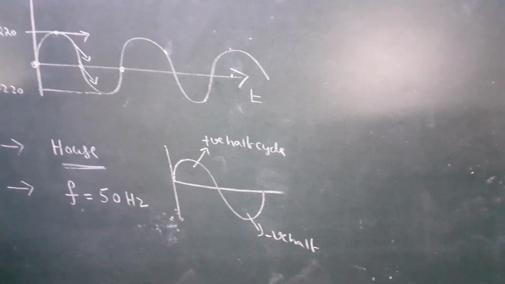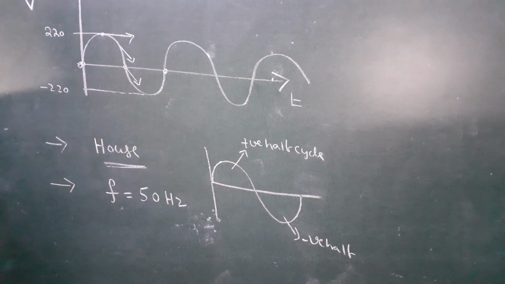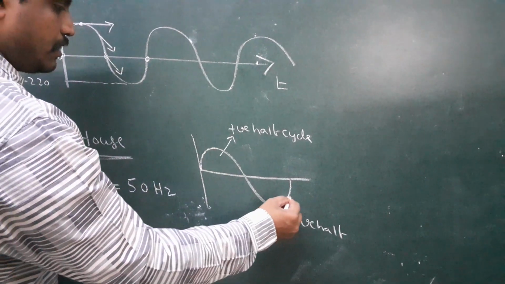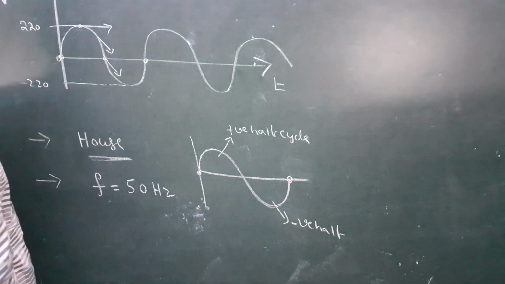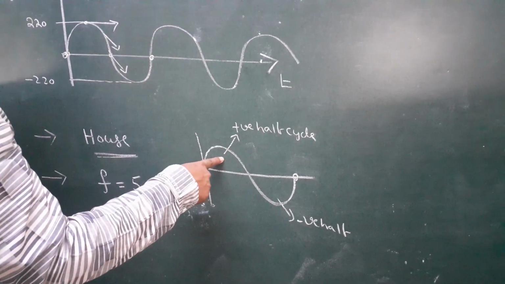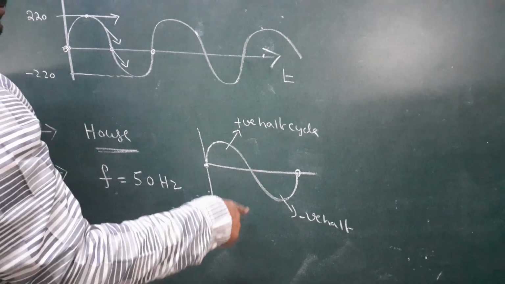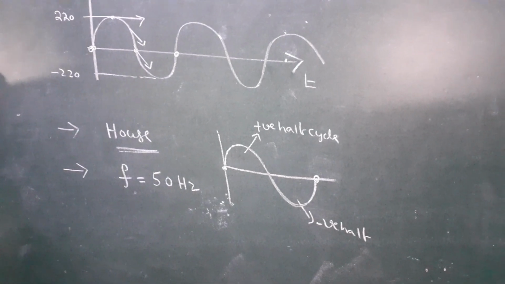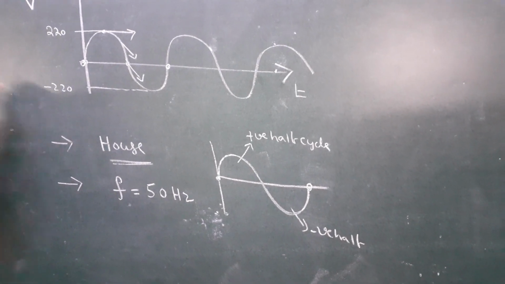Here the Indian government follows alternating current for household purposes to transport the power. This current here, nana, here. Okay, here to here is called one cycle, nana. This is called positive half cycle, this is called negative half cycle. According to the diagram, the phase difference between positive half cycle and negative half cycle is 180 degrees, nana. That means opposite phase.